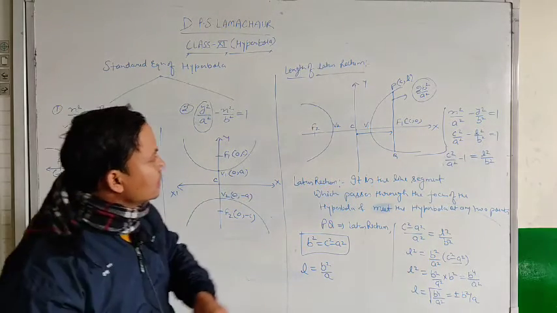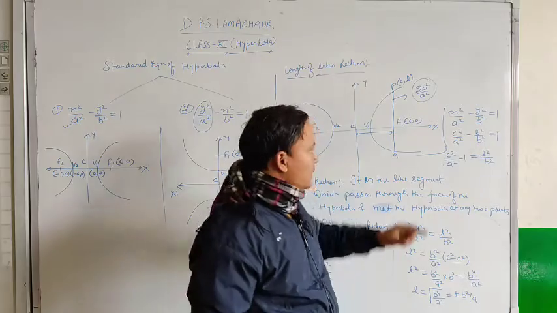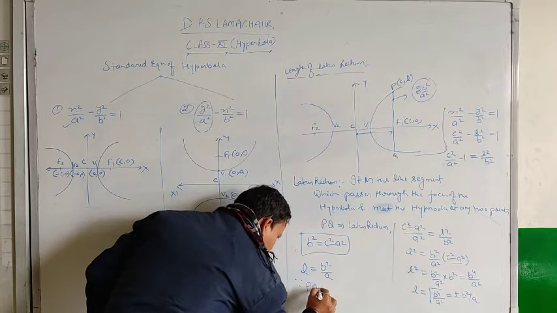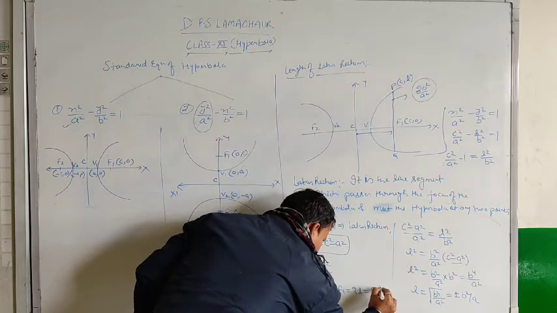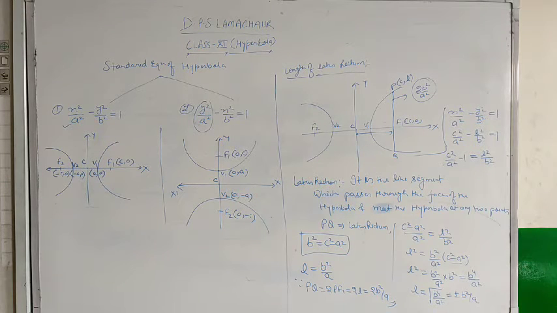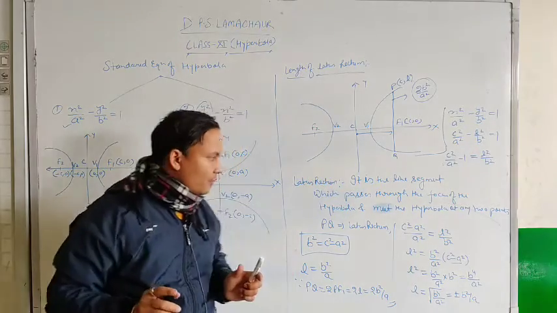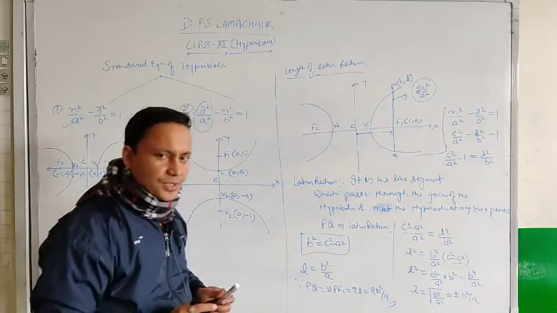Since it is the value from P to F1, it is the length PF1. But what is latus rectum? Latus rectum is PQ, so PQ is 2 times PF1. Since PQ equals 2 times PF1 equals 2L, it means 2b square upon a. This is the required length of the latus rectum. Pause the video and take the screenshot. So dear student, this is the information regarding hyperbola. Now we will apply this knowledge while solving the questions. So let us start.